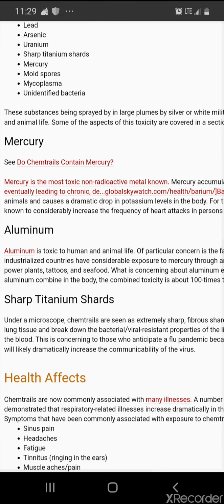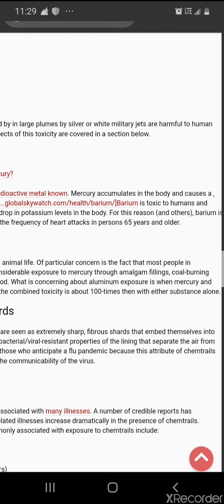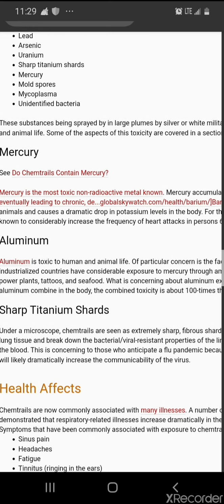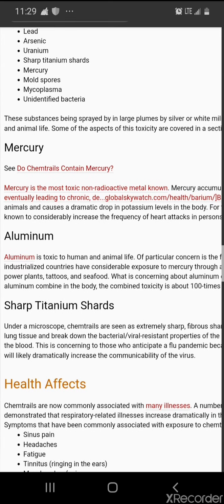Sharp titanium shards. Under a microscope, chemtrails are seen as extremely sharp, fibrous shards that embed themselves into lung tissue and break down the bacterial and viral resistant properties of the lining that separates the air from the blood. This is concerning to those...